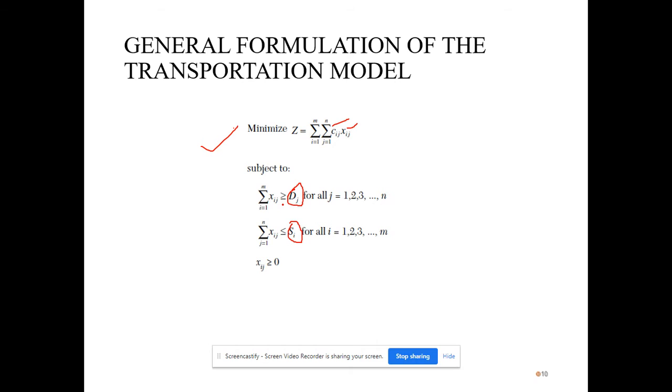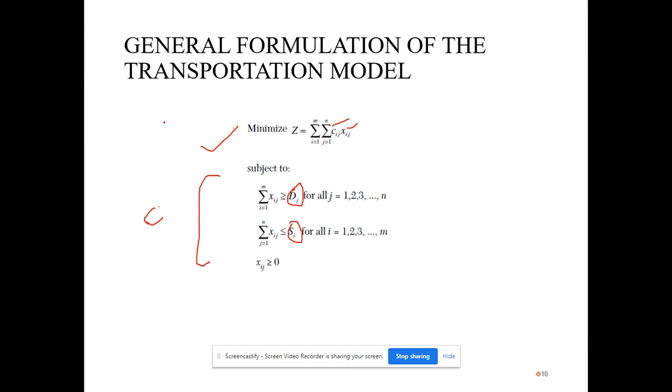Similarly, you have to at least distribute or ship more than or equal to the demand of the customer. So that you meet all the demand, but you cannot ship more than what is produced. So these two constraints are depicted here. So these become your constraints,